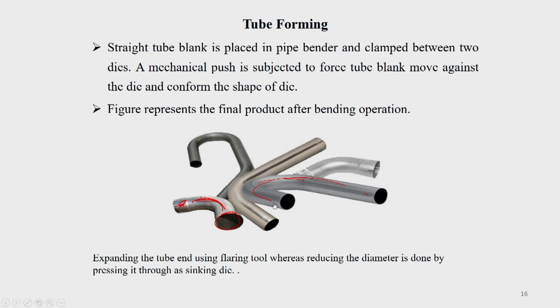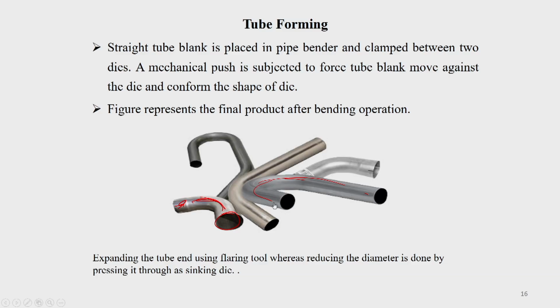But a tube, when you are just bending, may collapse, as I said. So, you may have to do something. Some people fill it up with sand and then bend it so that it stays cylindrical in shape, or some people fill it up with water and refrigerate it so that it becomes ice, and then both the ends are closed and you bend it so that this circular cross section is maintained. Depending upon those people who are using it, they will come out with their own ways and means of bending without this collapsing of the tube at the bend.